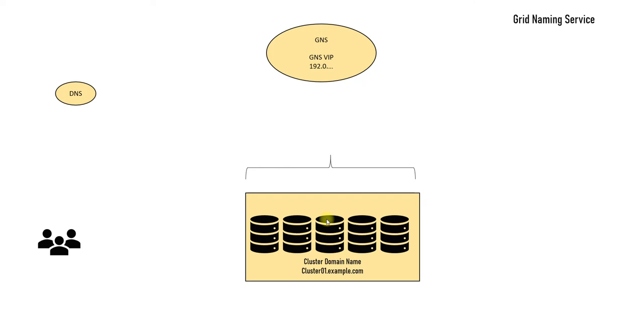Okay, so you need to actually remember that, and we will talk more about that. You need to collaborate with a network engineer. Get one virtual IP that will be a public IP; it cannot be a private IP. You also need to collaborate with the network engineer and get a cluster domain name as well.